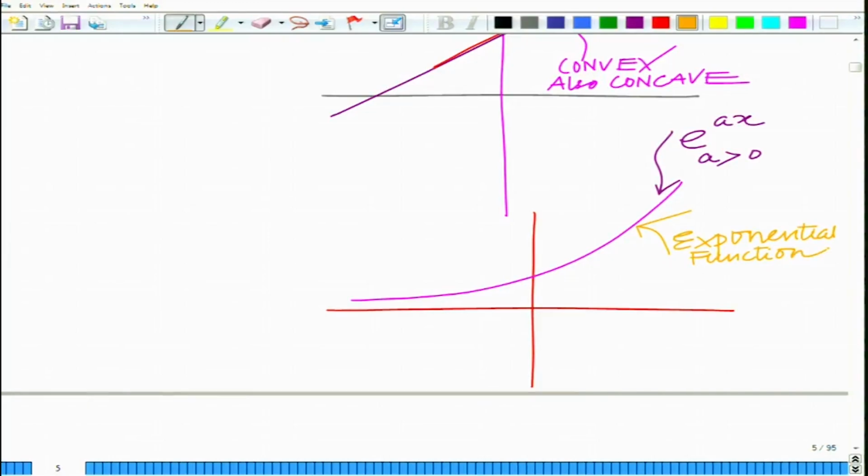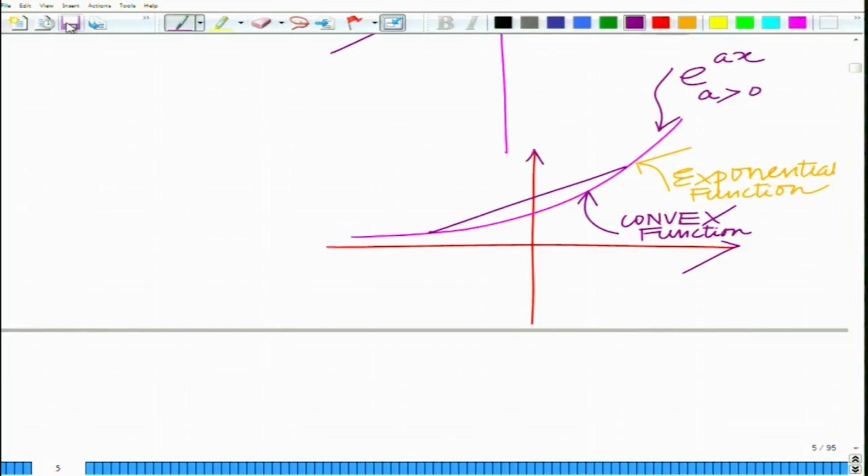This is the exponential function, and you can clearly see, once again, you take any 2 points, the chord lies above the function, and therefore, we are going to see later a rigorous test to establish convexity or concavity, but right now based on our intuition, you can clearly see this is a convex function. This increasing exponential is a convex function. It is an important class of convex functions, and in fact one can also consider a decreasing exponential,